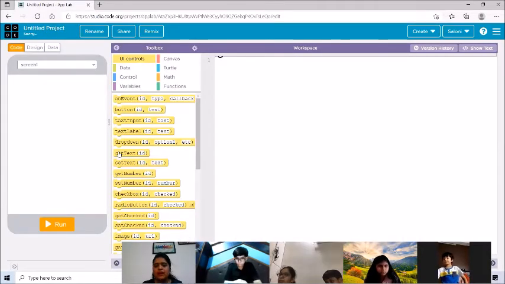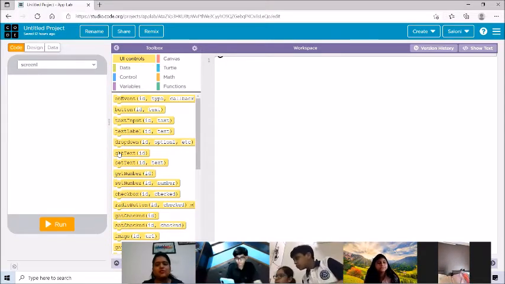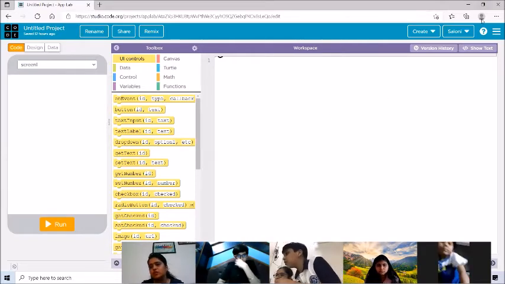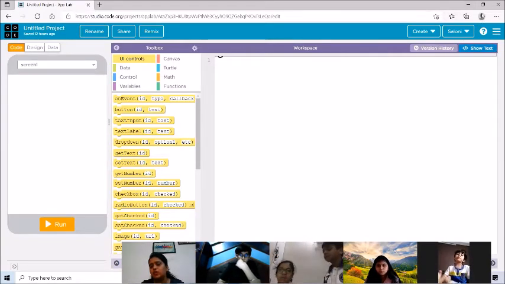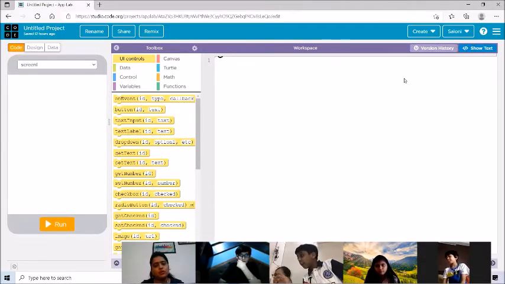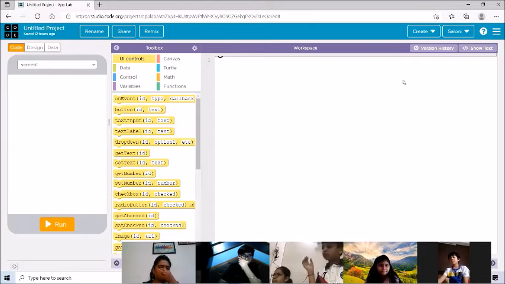Now I have entered my account. You have understood the procedure to create an account on code.org. You have to be handy with a Gmail ID. One more way of confirming that I have entered my account is that on the top right corner, my name is reflecting. Everyone can see it. This shows that I have entered my account.